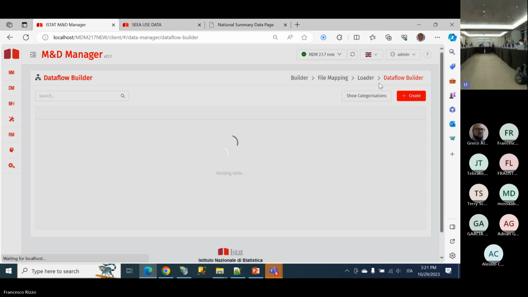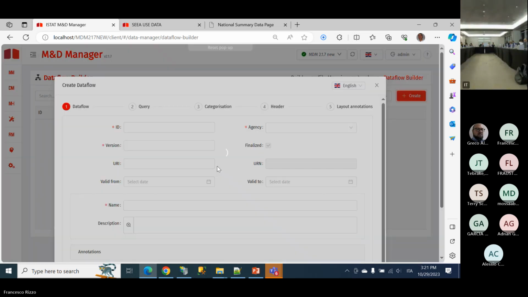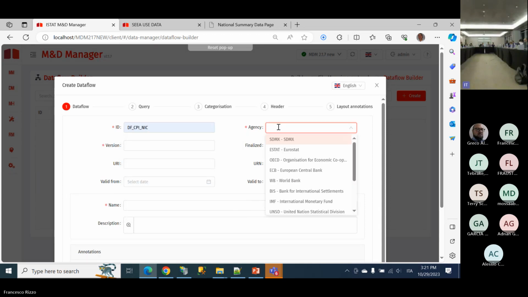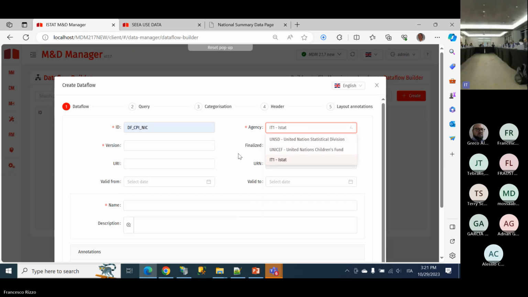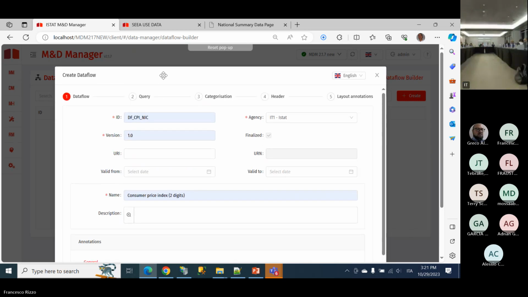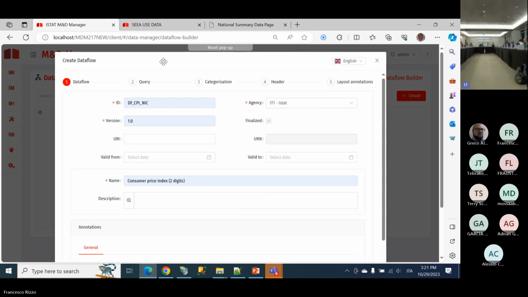The last step is to create a data flow. Data flow CPI make, for example, agency E2, 1.0 and name, okay. Now, why is it very useful to manage a data cube as a virtual representation with the SDMX information model? Because now, if I want, I can slice the entire cube and create different data flows